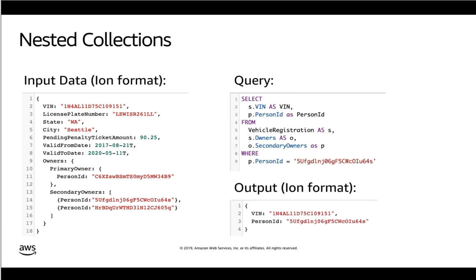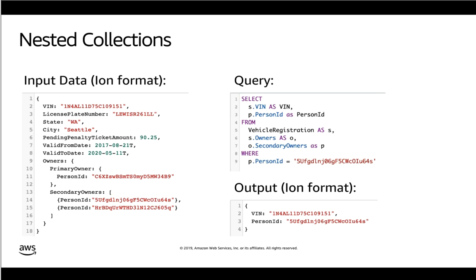Now let's look at a slightly more advanced case where we have a nested collection. In this case, you can see from the left-hand side that the owners attribute is essentially a nested structure which contains two attributes, primary owner and secondary owners. Both of these attributes are essentially structs. They themselves are structures which have an Ion document representation themselves. Now, on the right-hand side, the query is about